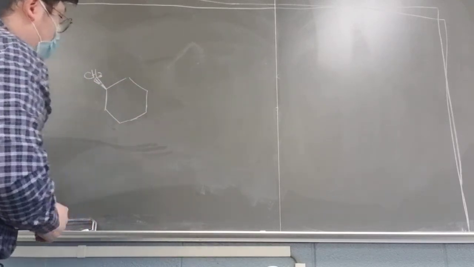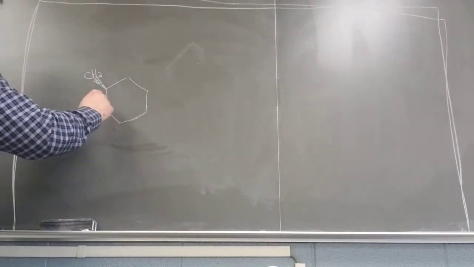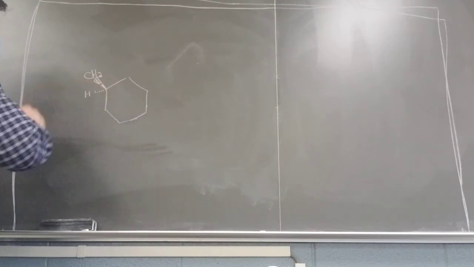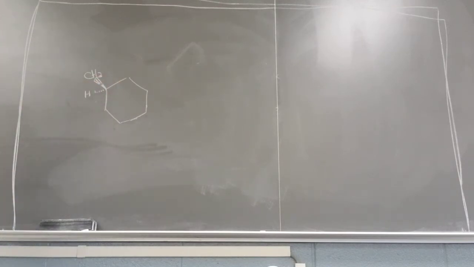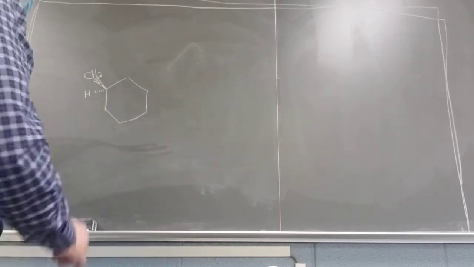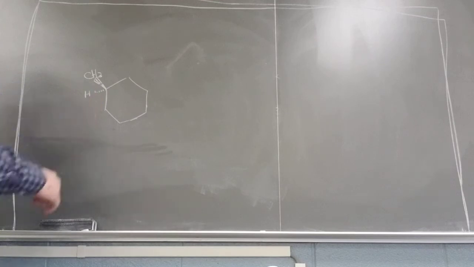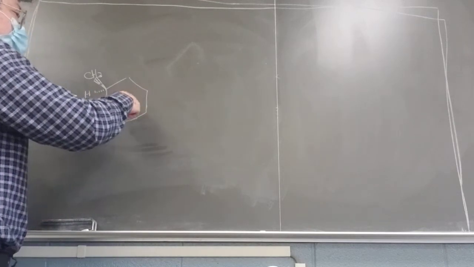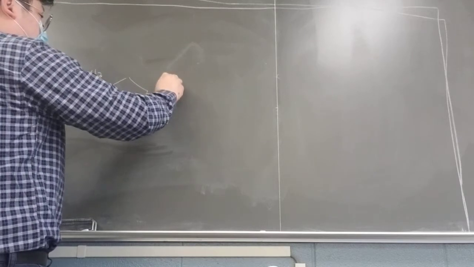You always need to assume there's hydrogen implied there, because we don't normally show the hydrogen on the compound in organic chemistry, but there is one because carbon should have 4 bonds. So methyl cyclohexane is achiral